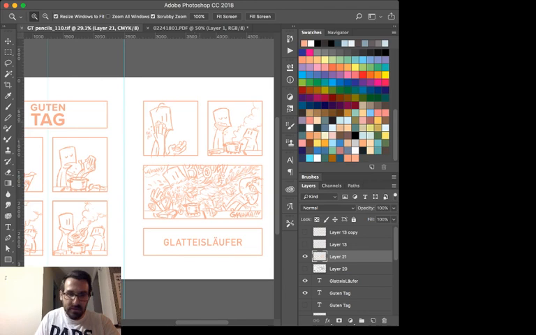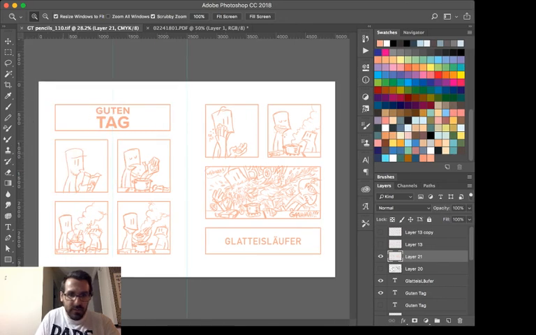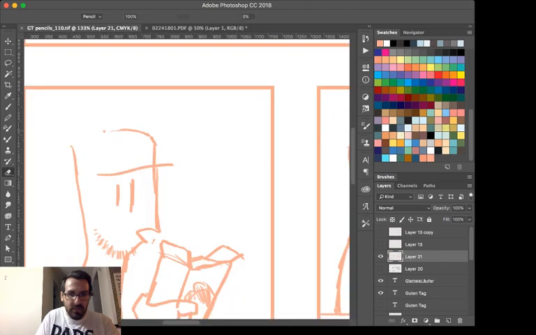Guten Tag, just really quickly, they're brothers. The guy on the left. So the idea for the strip, I'm just going to tweak some stuff here. Idea for these guys,